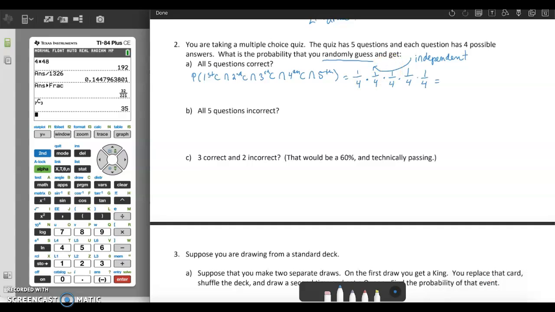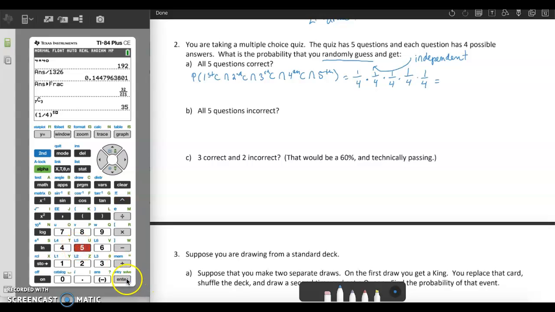So we basically are taking 1/4 to the 5th power. So I'm going to do that in the calculator. I'm going to take 1 divided by 4 to the 5th power. And that gives me an answer in scientific notation. So I need to move the decimal point over 4 places to the left. That would give me